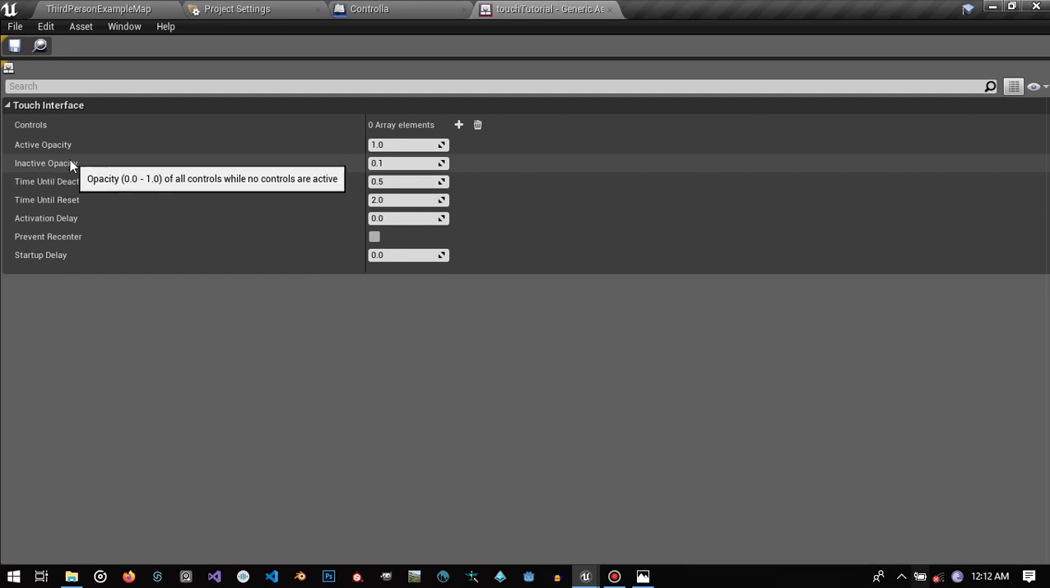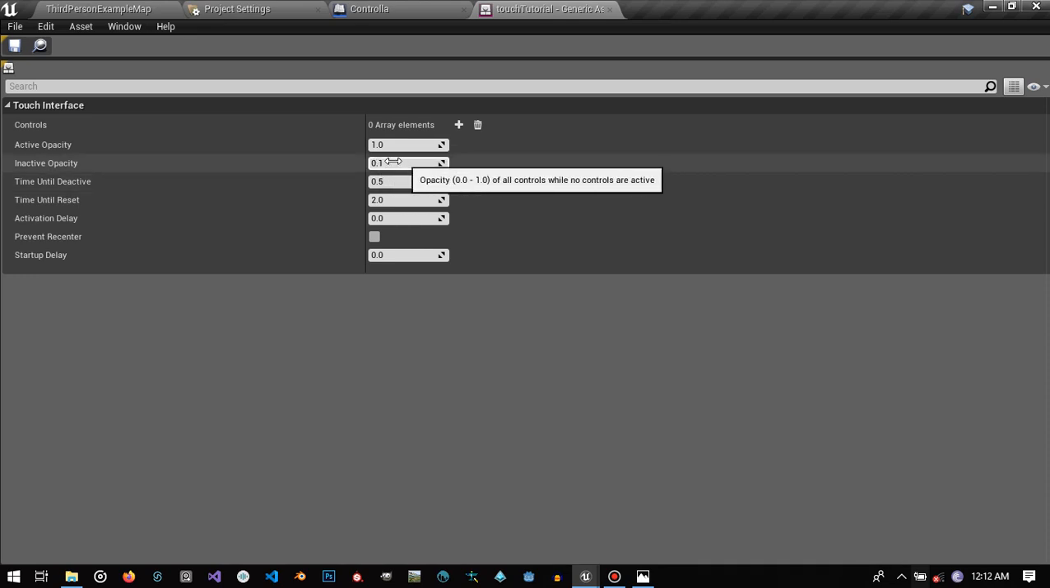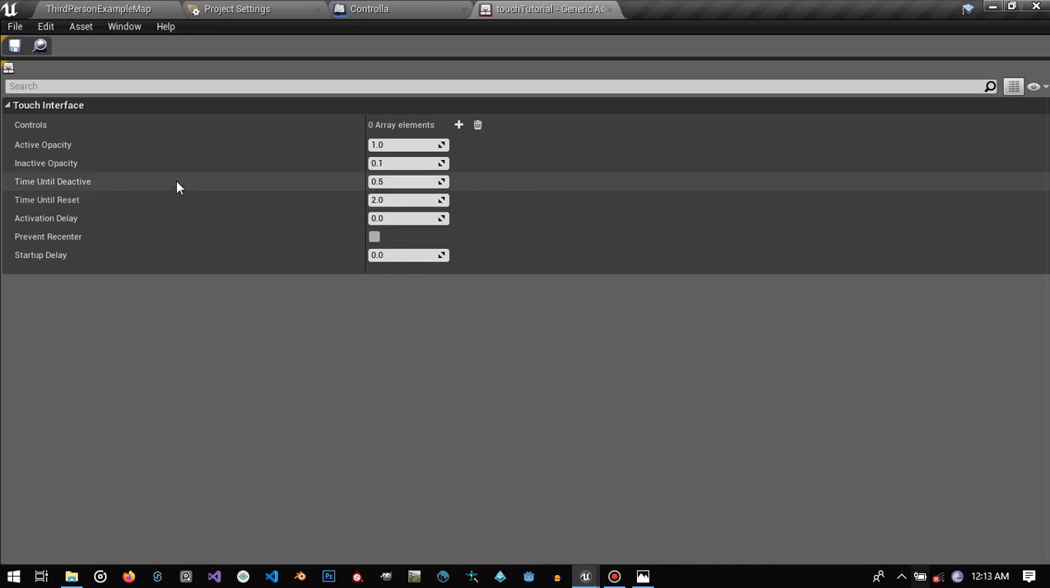And then inactive opacity is when the button is inactive, how opaque do you want it to be? For example, here it has been set to very transparent, so it's barely visible. And then time until deactivate is the time it takes to transition from the active to inactive. Simple. So we're going to make our own controls